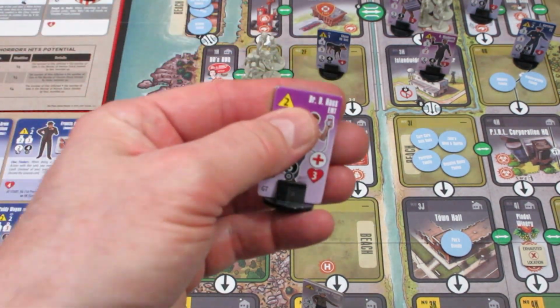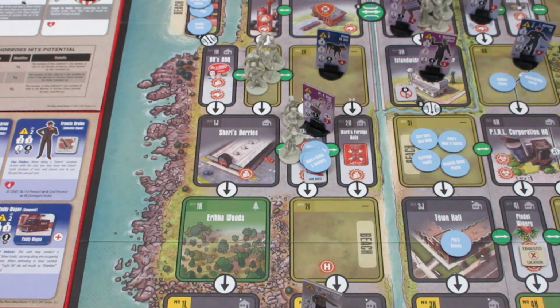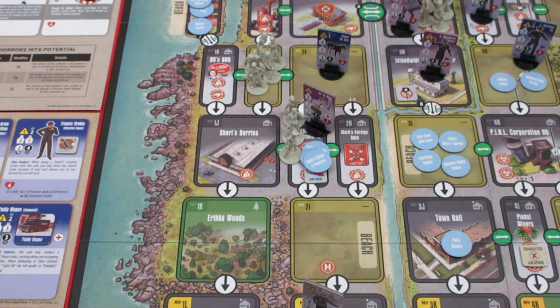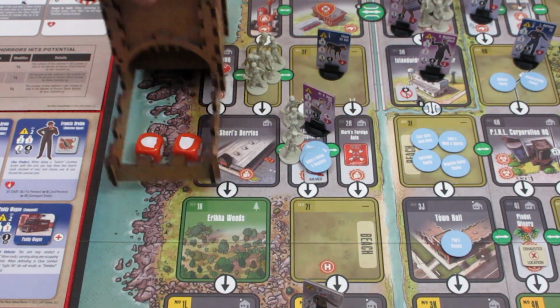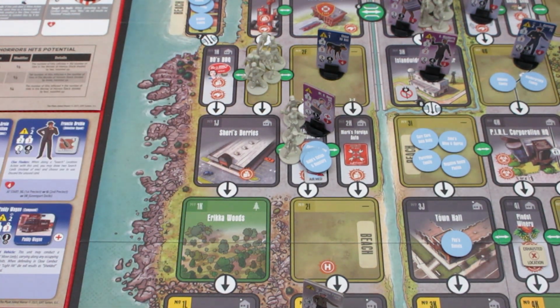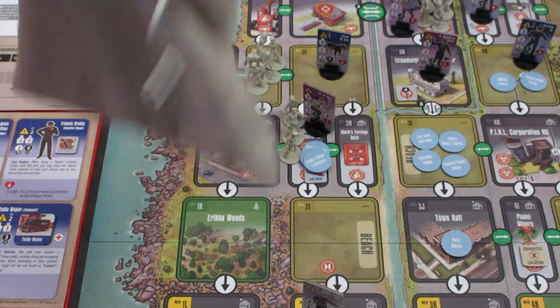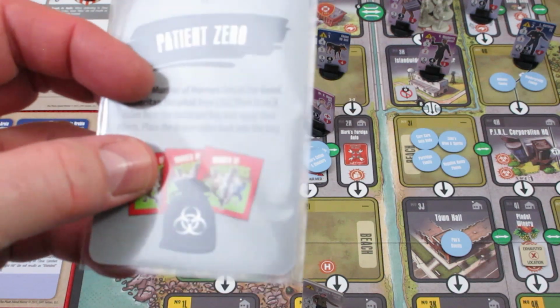Now our doctor here is going to be rolling 2 dice and he's not adjacent to anybody. So he rolls 2 dice, trying to block the 1 hit. So let's see what he can do. He blocks everything, so he does not take any damage. However, yeah, indeed, guess what? Another close combat, another cube in the bag. Okay, and then carrying on with this card,